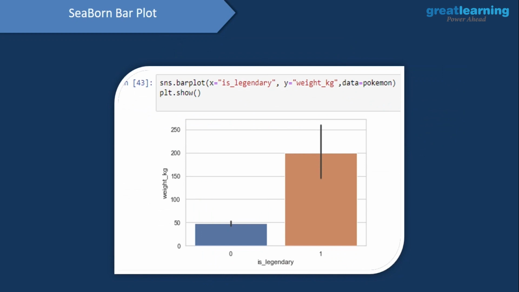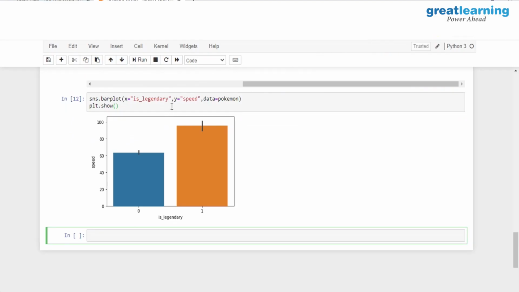So now we'll create a bar plot between is_legendary column and weight_kg column. So is_legendary column is again mapped onto the x-axis. It's just that here for the y-axis we are mapping weight_kg column. And this time it is very obvious that legendary Pokemons, their weight is much higher when compared to non-legendary Pokemons.